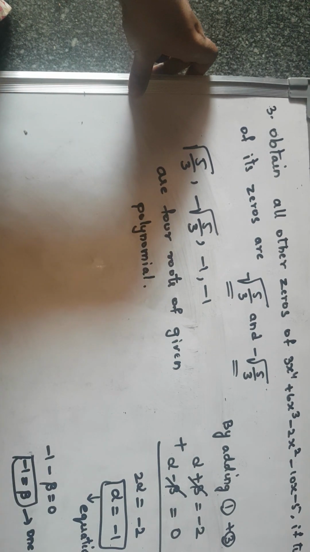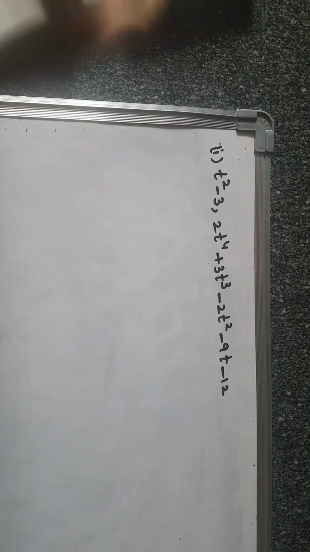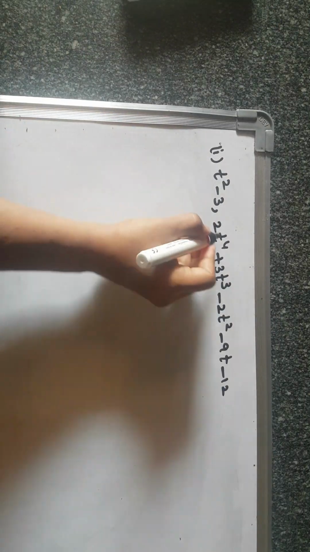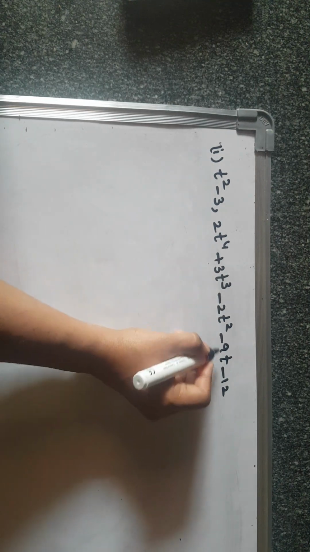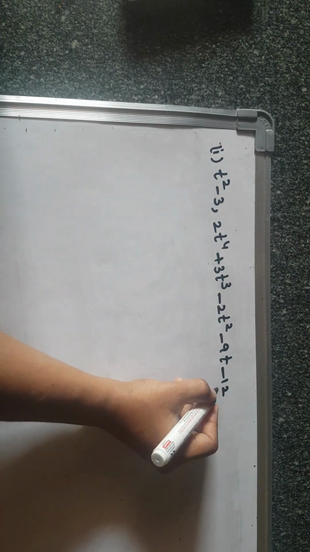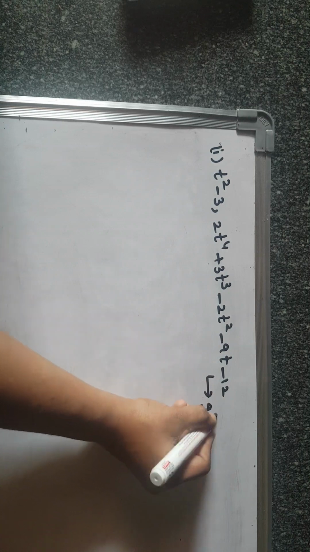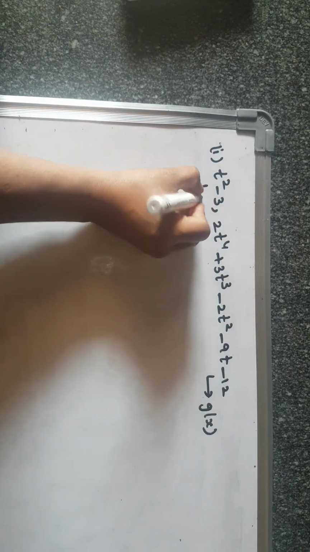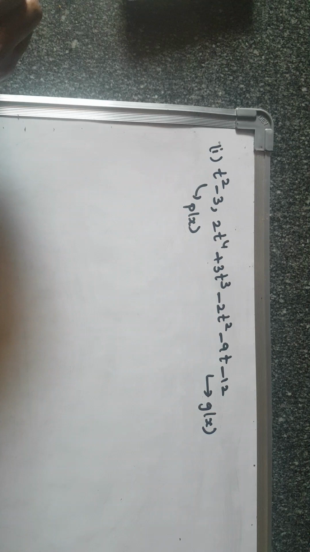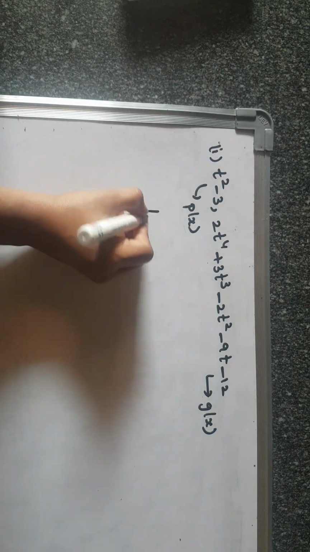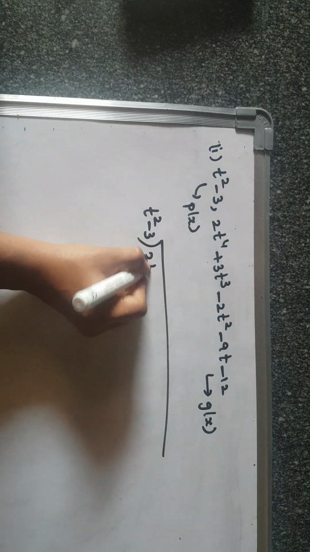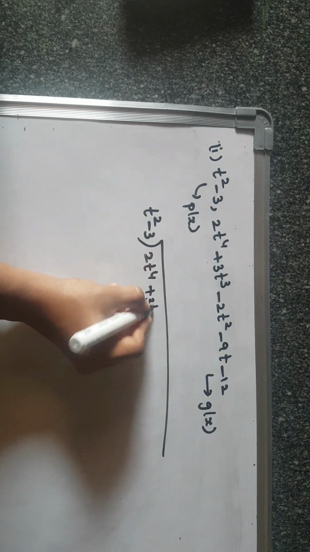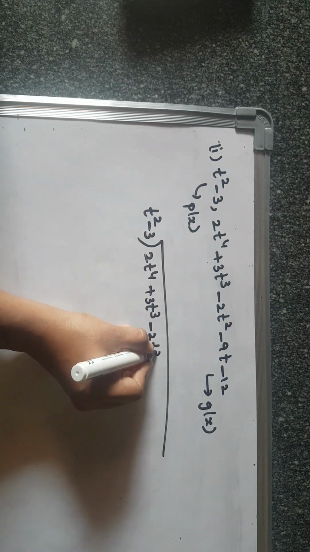Okay, comes to the other question. (t square minus 3) divided into (2t power 4 plus 3t cube minus 2t square minus 9t minus 12). We have to divide this. This is the value g of x we got, and this is the value p of x we got. So divide t square minus 3 into 2t power 4 plus 3t cube minus 2t square